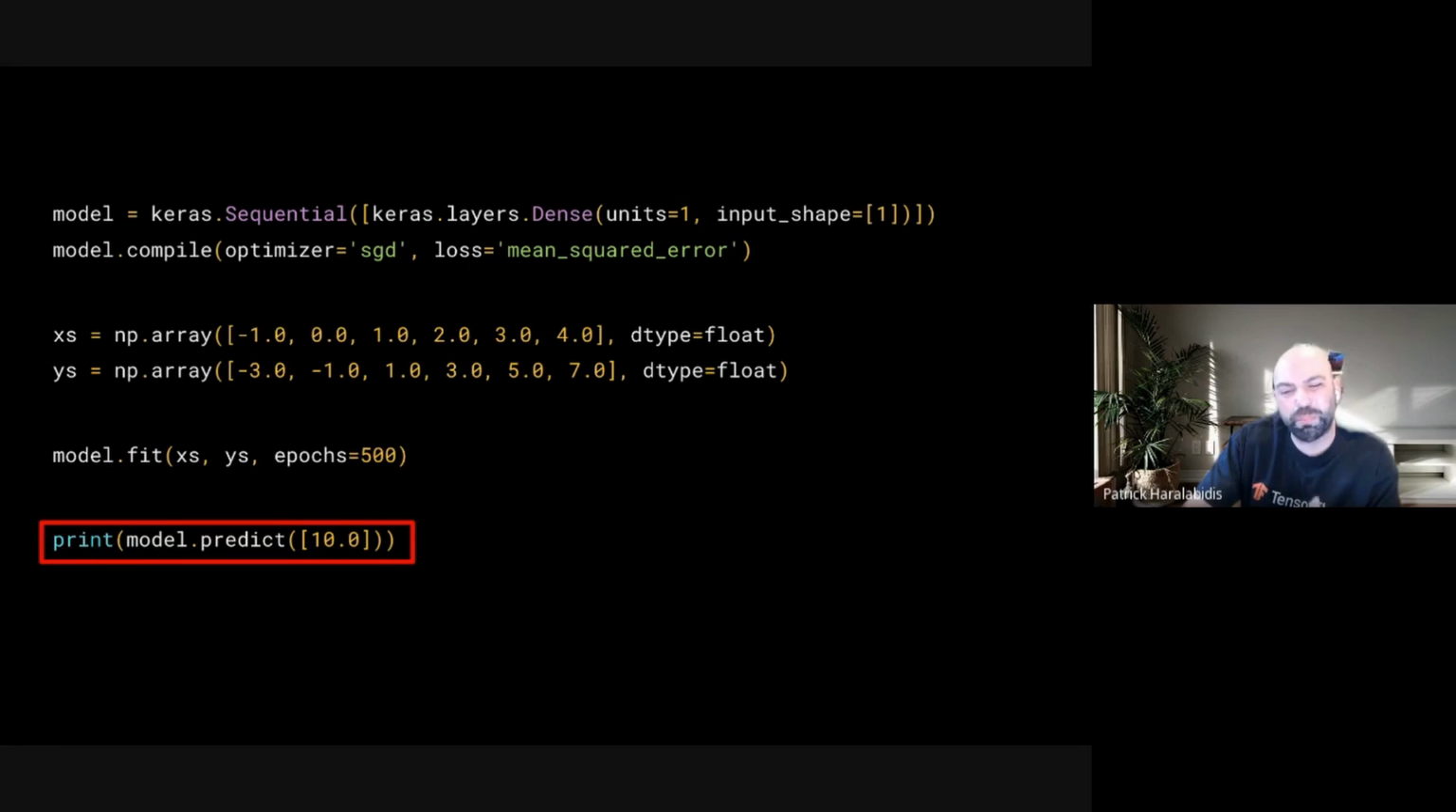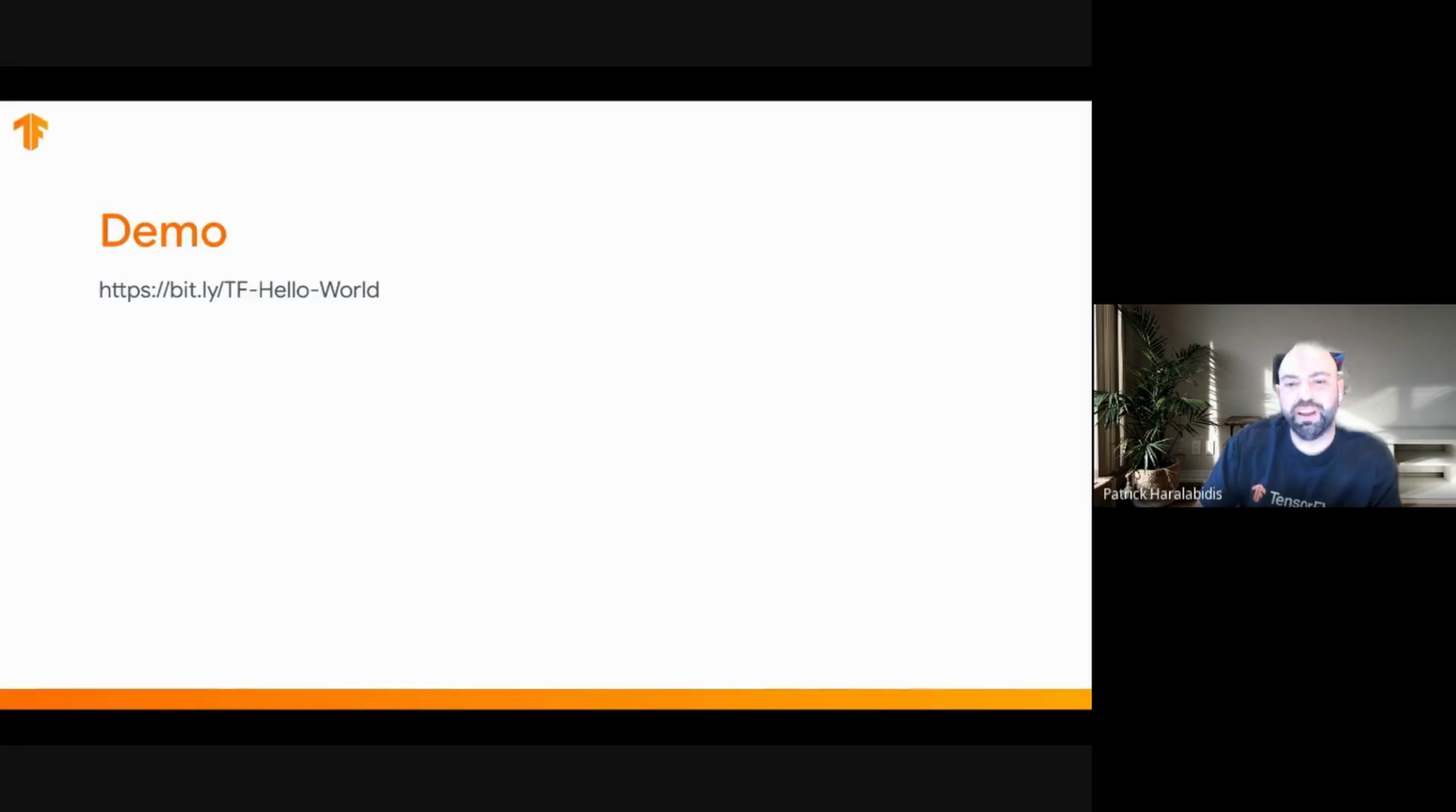But it's a high probability that it will be something close to 19. So give me an opportunity to stop talking and maybe get our hands dirty a little bit with a hands-on workshop. So I've created